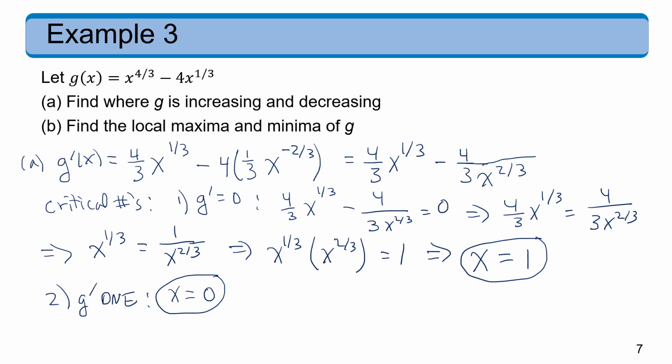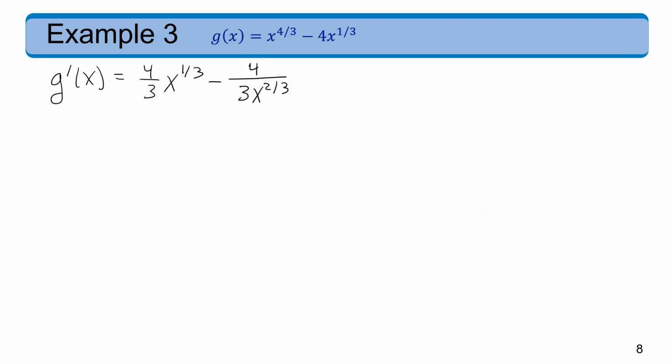So we found two critical numbers. So we'll go to the next slide to continue, but the next thing we're going to do is to create our number line, and we put our critical numbers on the number line. So continuing with this example, I copied the original function g of x up at the top, and then I also wrote what we had found for g prime of x. Now before I make the number line and put our critical numbers on it, remember when we create our test points on our number line, we're going to plug them into g prime, and it really helps if g prime is in factored form. So let's see if we can get this factored so it's